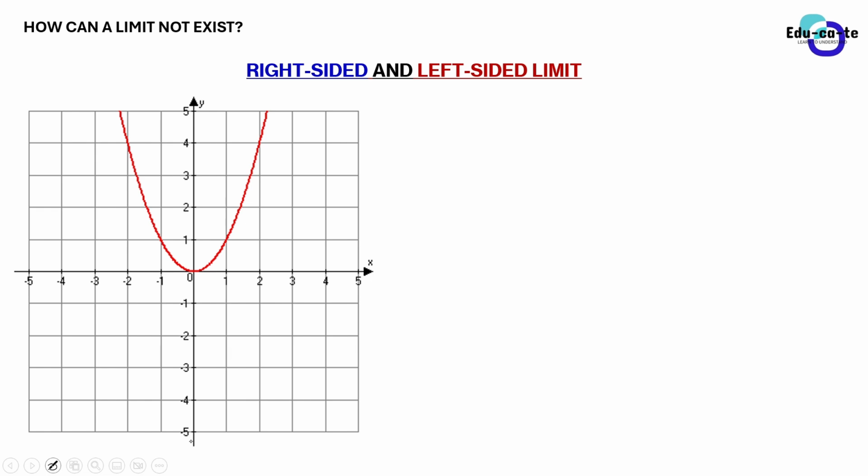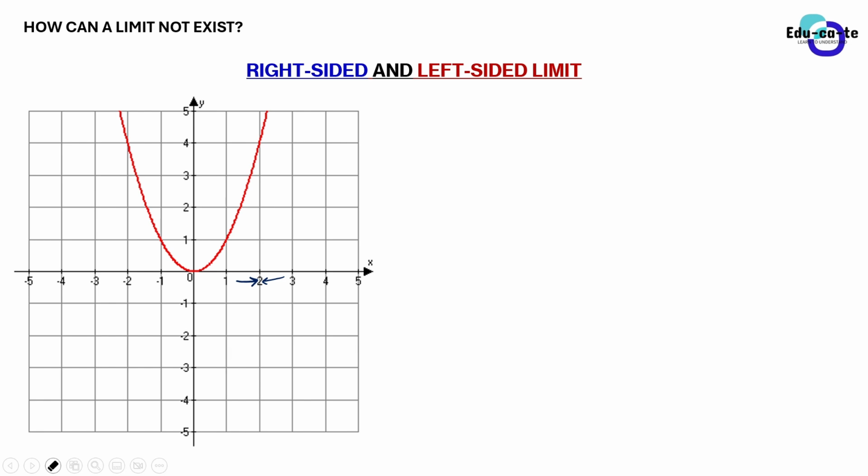We want to approach x equals -1. We can approach x equals -1 from the left of -1, or we can approach it from the right of -1. Do you see that here? There are two directions in which we can approach x equals -1, so it means we can approach it from the left and from the right. Even +1, even +2, any number, you can approach it from the left and from the right. So now, let's see how that helps us in knowing if the limits exist or not.